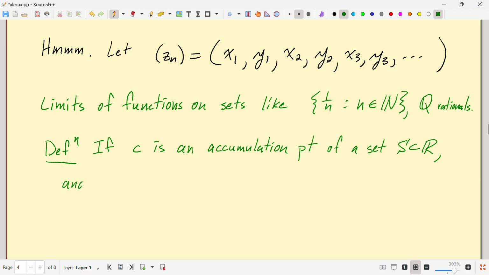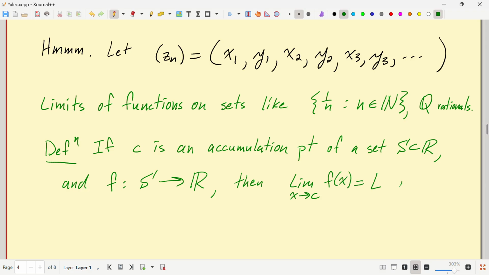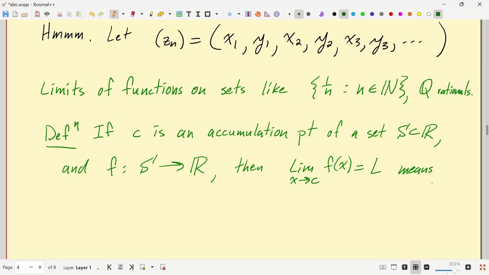F is a function defined on S to the real numbers. Then the limit as x tends to C of f of x equals L means, it's the most natural thing you could possibly do, but then you have this irritating thing that your function is only defined on S. Means